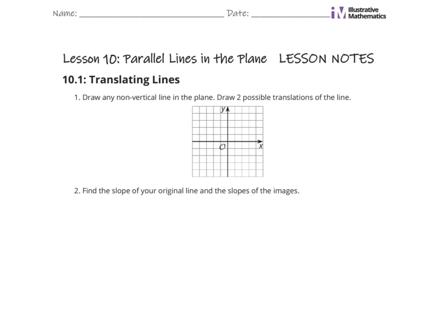In this problem it says to just draw any non-vertical line. So I drew a line. You could draw it anywhere you want. This is where I chose to draw it. So I have this line, I labeled it as number 1, and I'm going to take that line,